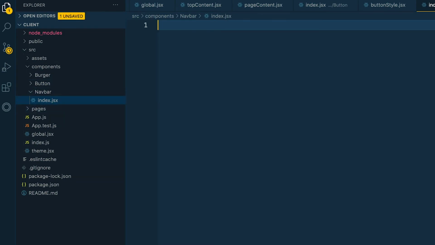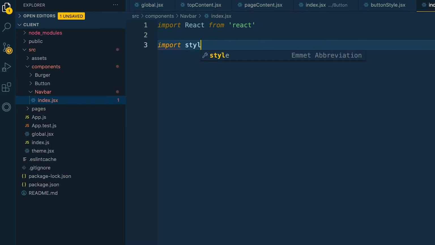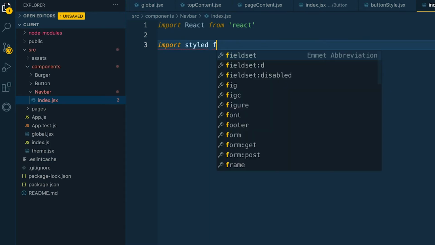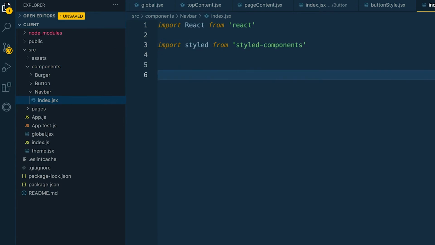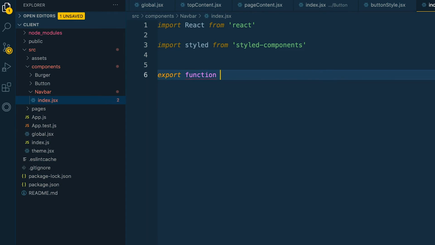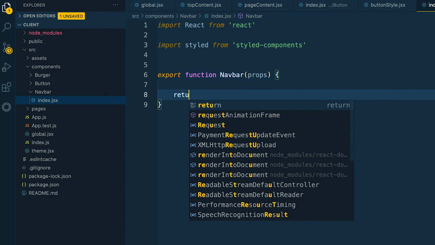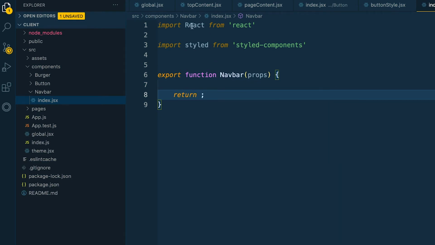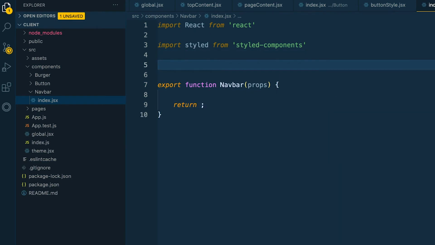So we can import React and then import styled from, and then we are going to export function which will be Nav, and then here we'll return. So we'll create a container here, our navbar container,